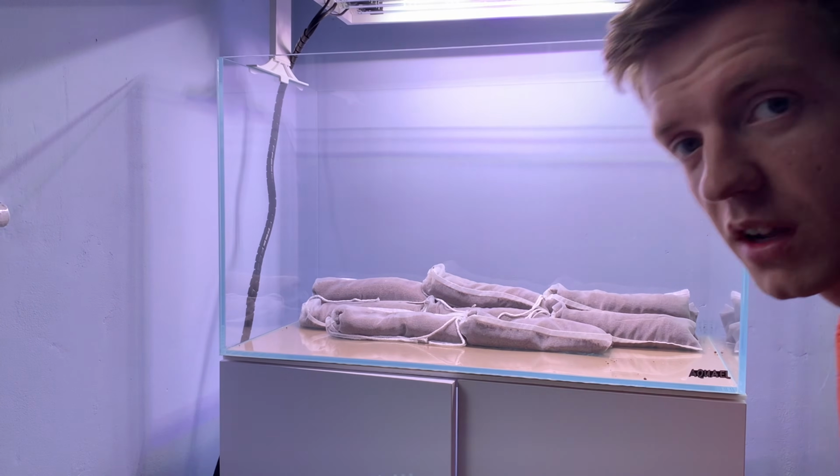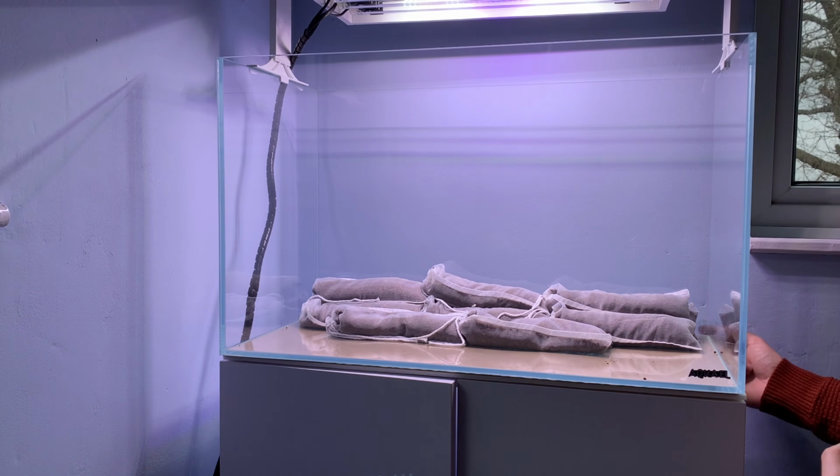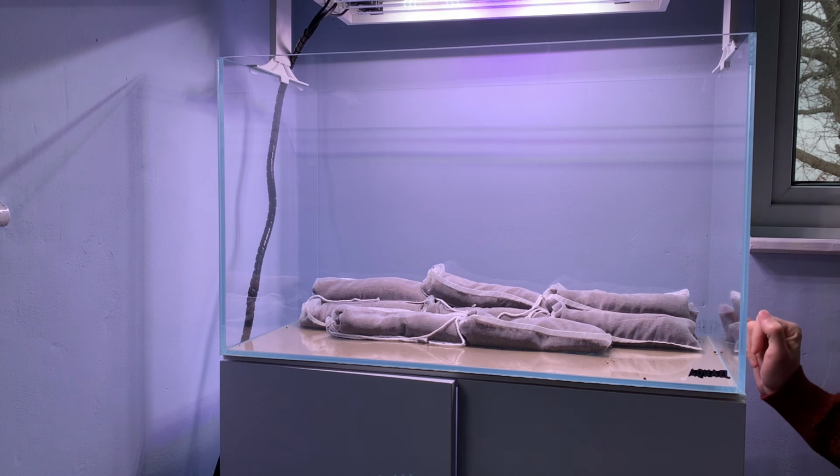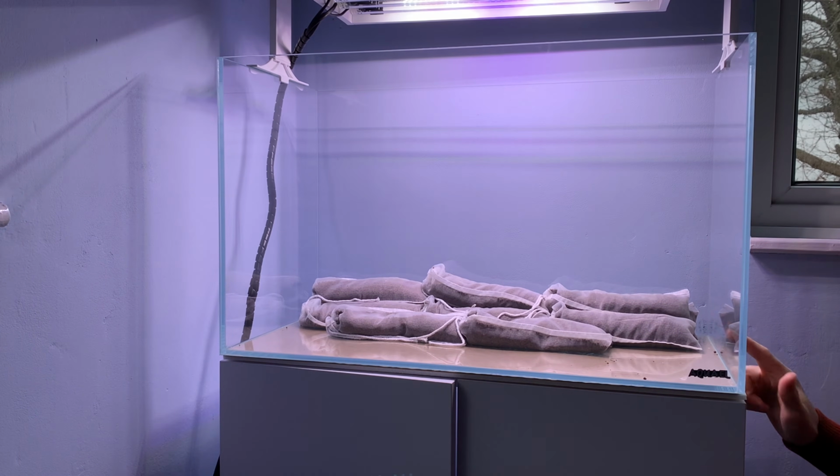So something I've done on purpose is I've left a little gap here just so I don't see any of the bags when viewing from this side of the tank. I want to be able to view it from both sides, so I really don't want